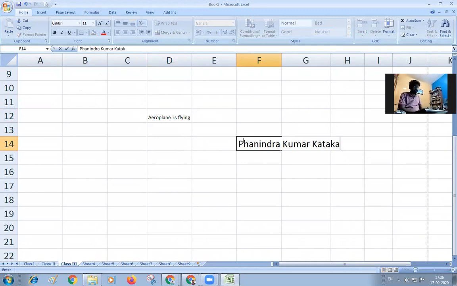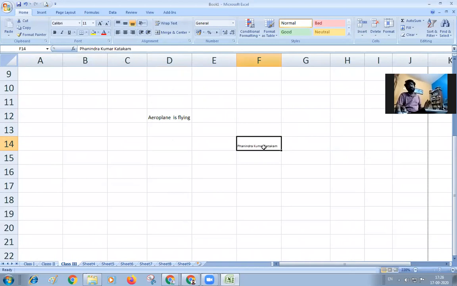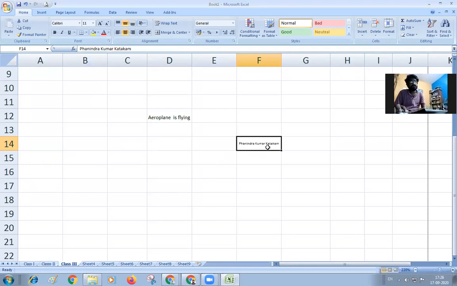The text is going to the third cell also. But I need to get it in one cell itself. Then I can click on the font size, go for the column and go for shrink to fit, and you can see that it fits to the particular cell itself. For this, you can also make the center alignment, horizontal and vertical. You can give any number of students' data here, minimize or maximize the text, and arrange the details of the students as per your requirement.